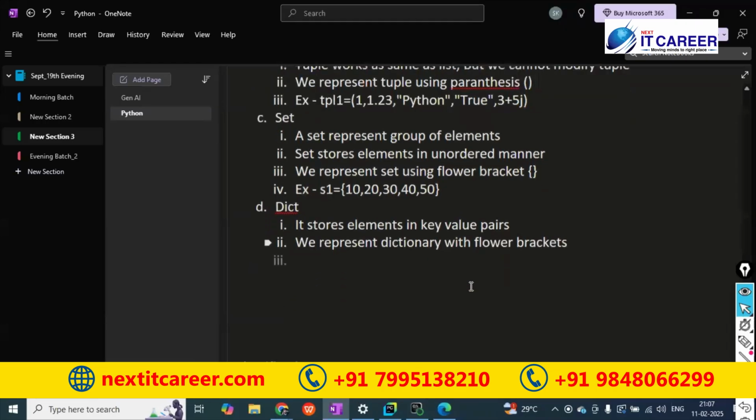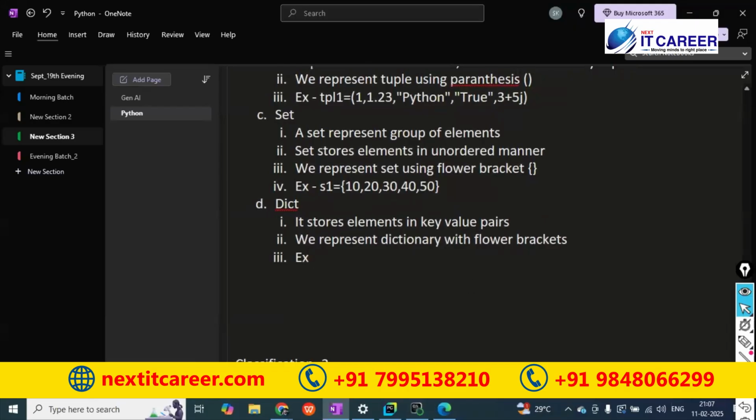Let me take an example. Dictionary, guys, is very important in real time in production. We will use the dictionary as a temporary database actually. The advancement of the dictionary is called Redis. The Redis concept is also the same. It is like a temporary database we generally use in production. If time permits, I will discuss the Redis concept in upcoming classes.